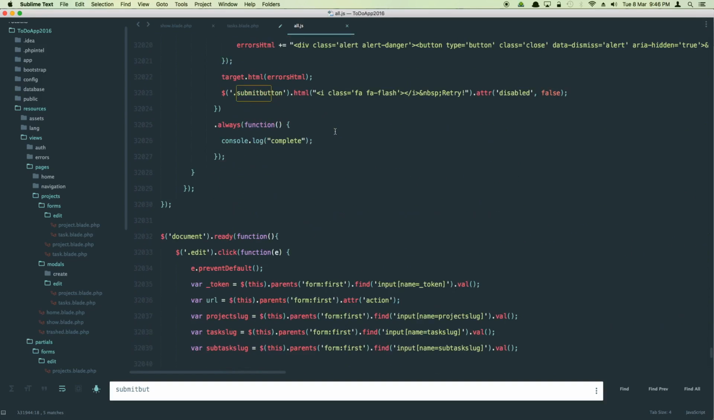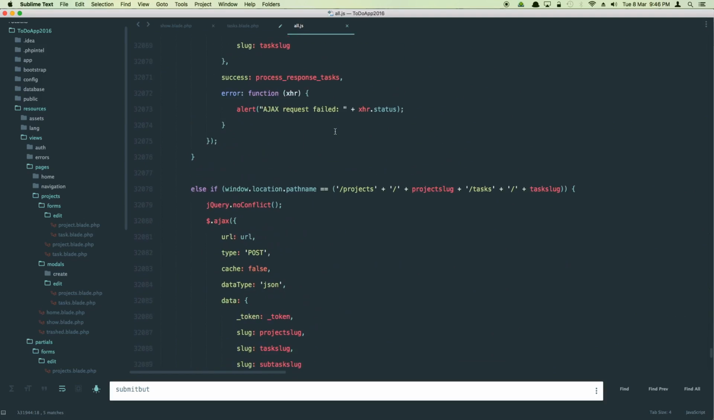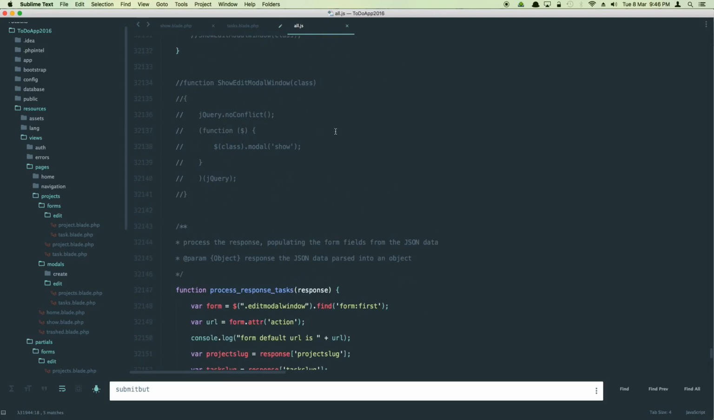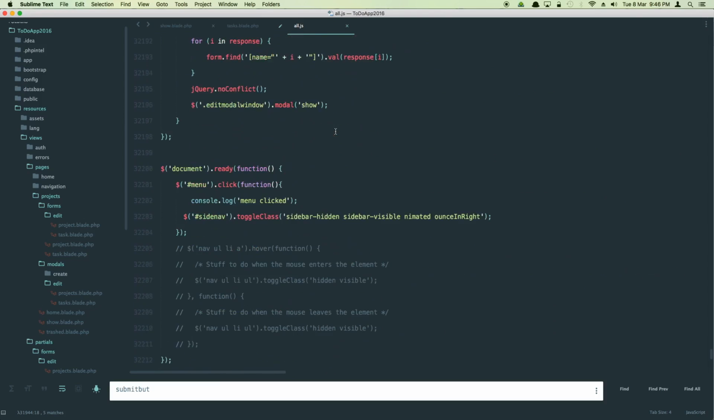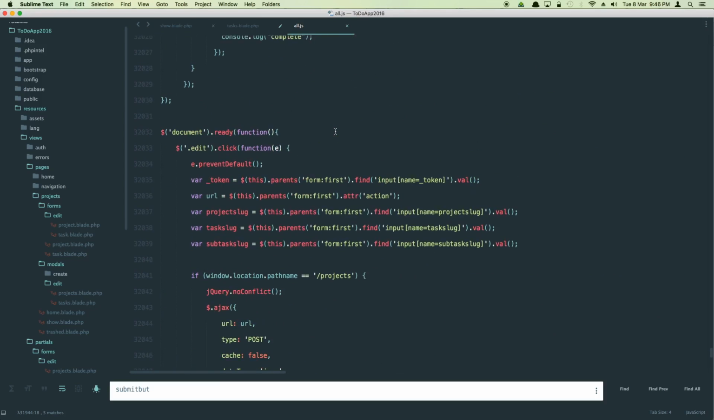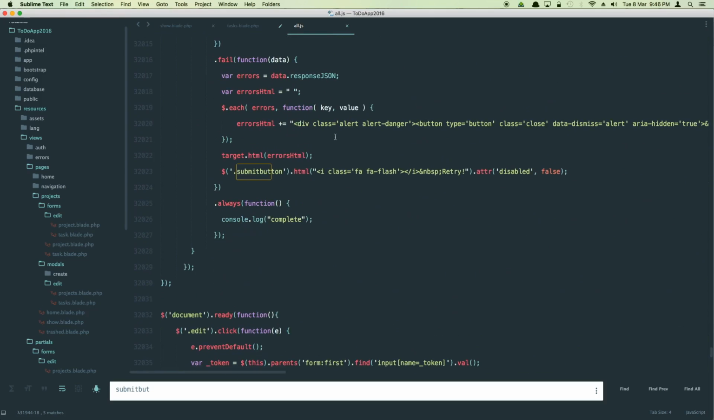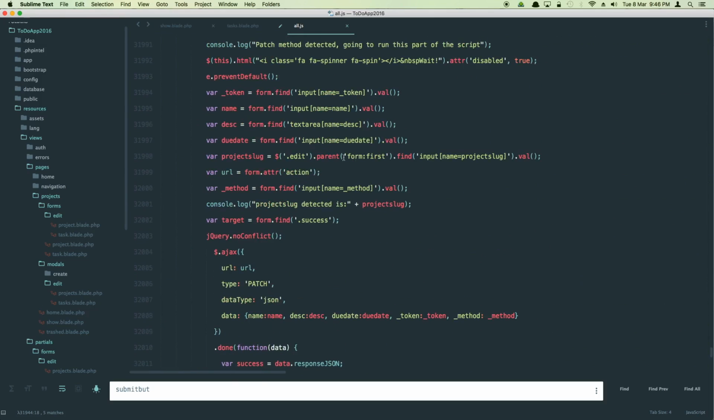Except that I just noticed something. There could be a slight problem, because that edit method is firing, and it's only updating the project here. So it's only updating the project slug. So it works for the projects, but not for the tasks. As you can see, it's running a patch method, but it's only